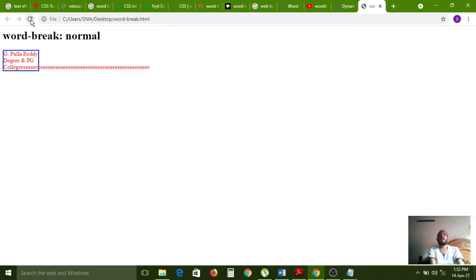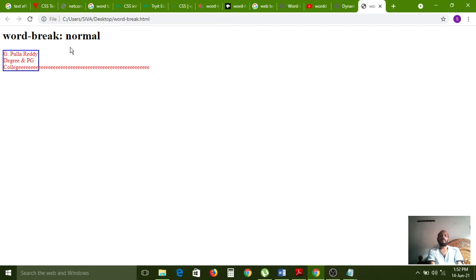Carefully observe. Normal means if it has a big string, then what happens to the line? Here I have created one box with a width of 100 pixels. But if the text overflows, word-break normal is not controlling the text.